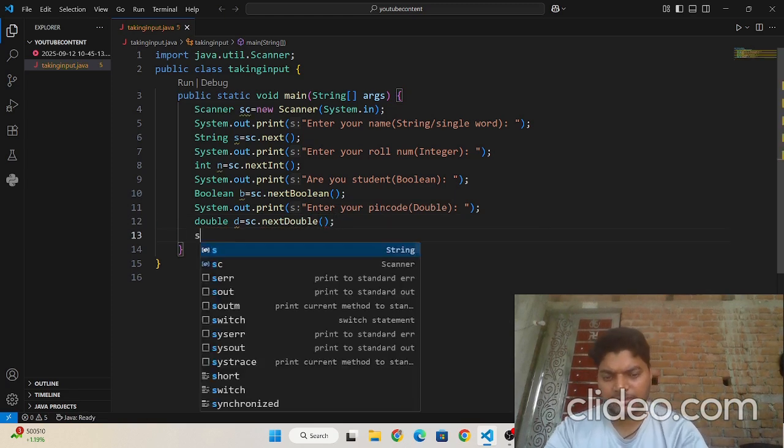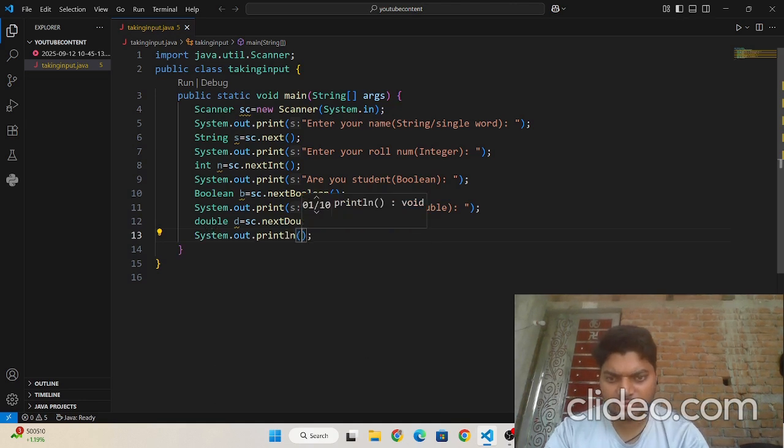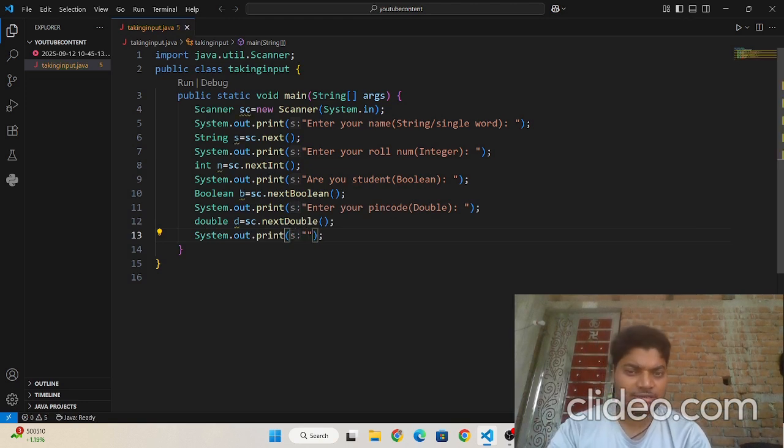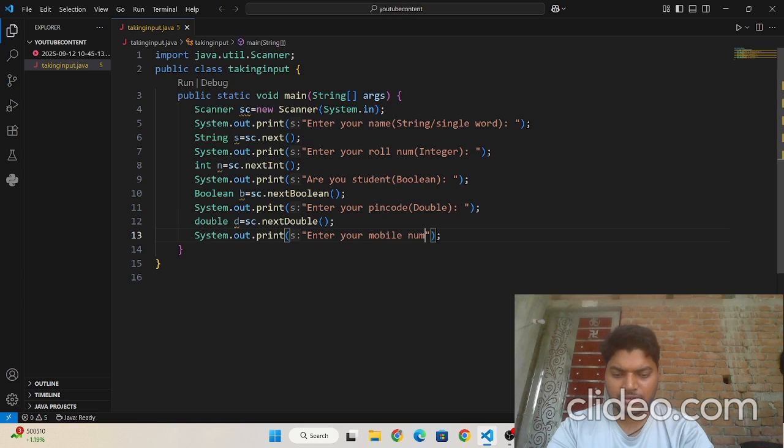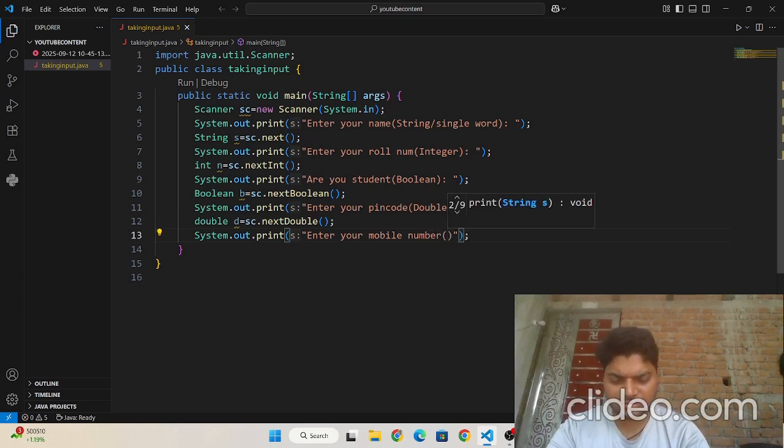Now I am taking sout, remove this ln. I am taking mobile number, so I need to write here enter your mobile number. I am taking it in long.